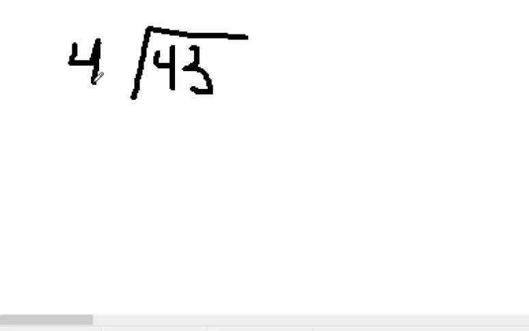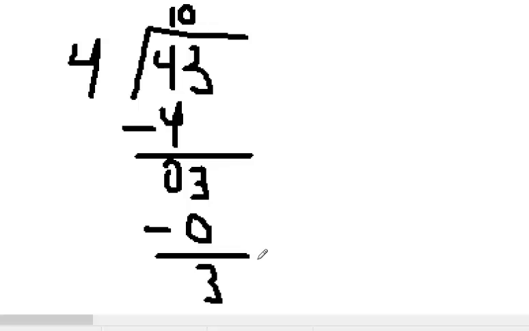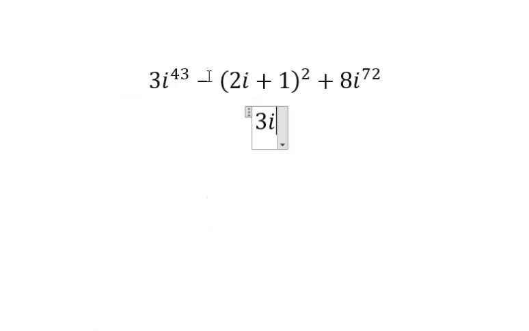So 43 divided by 4. Okay, there will be 1 in here. I subtract this thing, I get 0. I move 3, and it will be 0 in this case. 0, I subtract 3. Basically, the remainder is 3. Okay. So that remainder is going to be the new exponent. So this thing is going to be raised to the power of 3